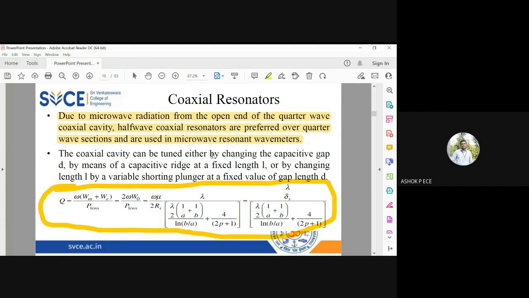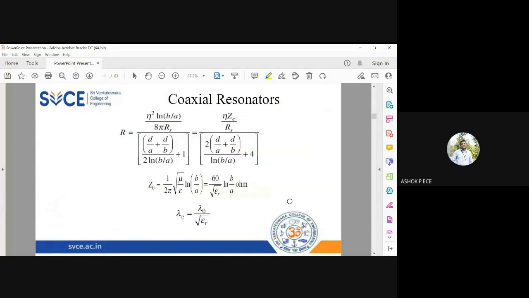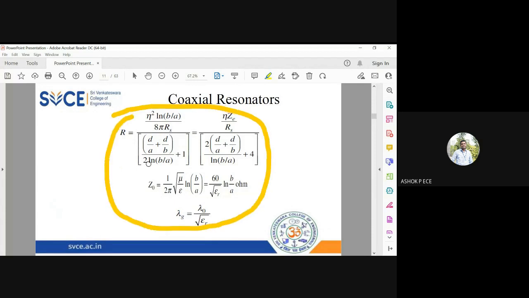The derivation is not needed for us. We just need to understand what a resonator is, how it works, and what the mathematics behind the resonator is. That's all. L is going to be the length and D is going to be the gap. And you can see all the parameters are coming here. And this is going to be the resistance of your resonating cavity. And this is the characteristic impedance Z0 of your resonating cavity. And lambda G is going to be the guide wavelength of your resonating